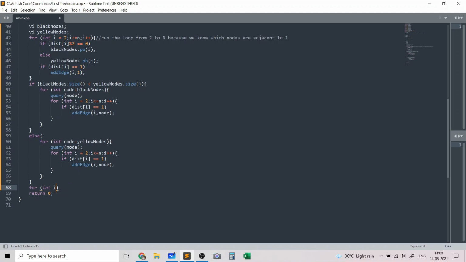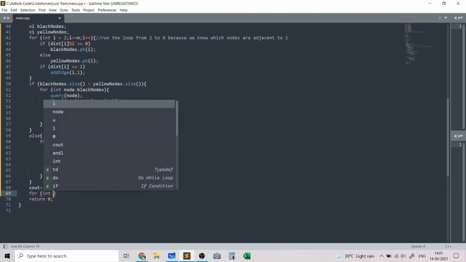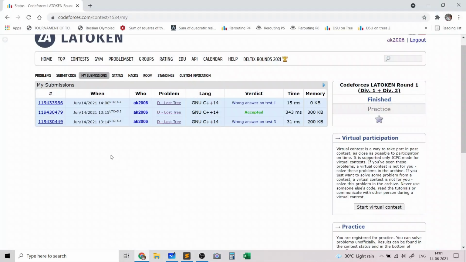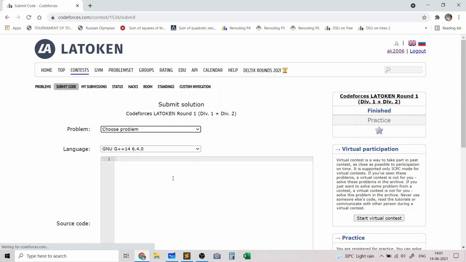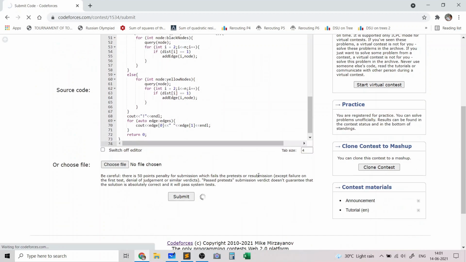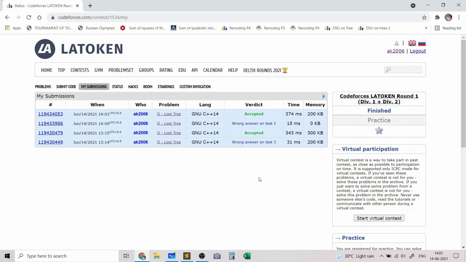So basically in the output we need to print an exclamation mark, and we'll basically need to print all the edges. So for each edge in edges, we'll print the u and v values with a new line each time. So now let's try to see if this code gets accepted. So as you could see, my code got accepted.